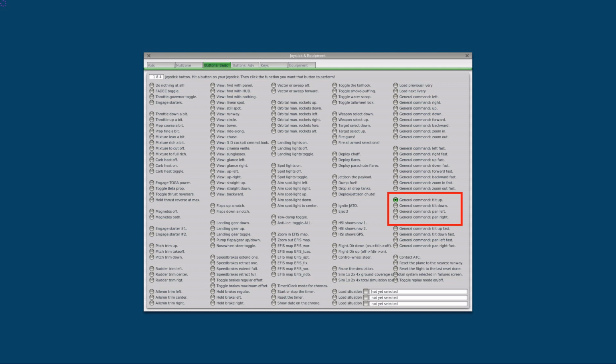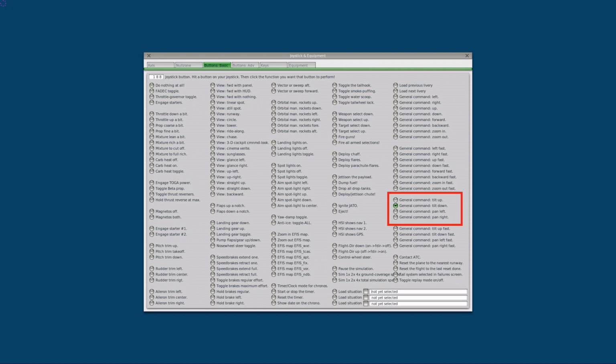This is on the right hand side. Next is the hat switch down. As you can see in the upper left corner, the number changed. So I click the hat switch down. It currently has the do nothing at all function, and I will assign the hat switch down to general command tilt